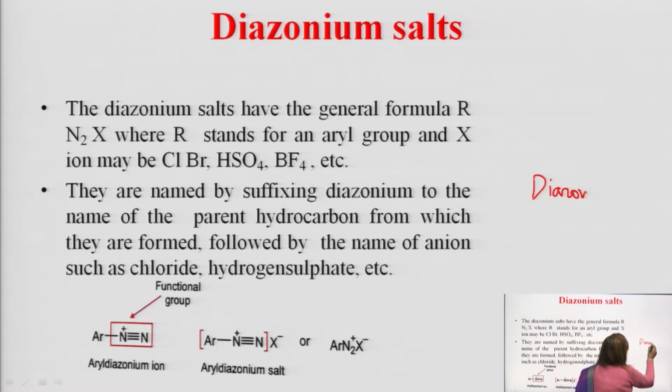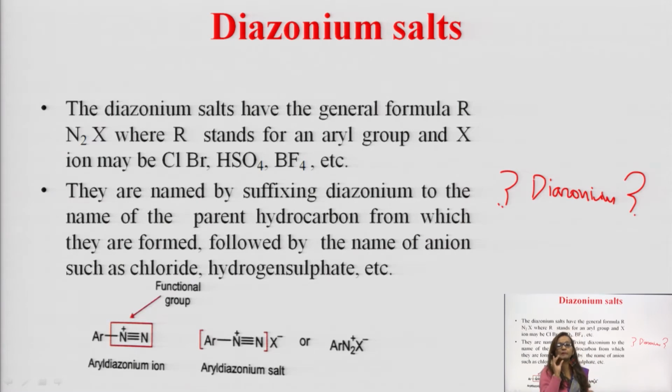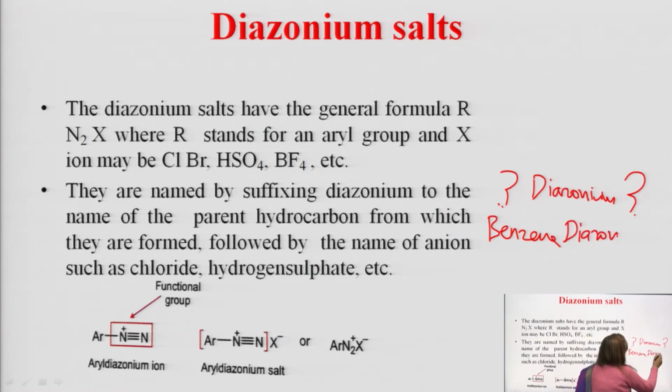First diazonium, okay? You have written diazonium. Now two things are there, one question mark is here, one question mark is here. In this place you have to write the parent ring. Parent ring means to which this diazonium is attached. Suppose it is attached to benzene, then the name becomes benzene diazonium, and in this place you have to write